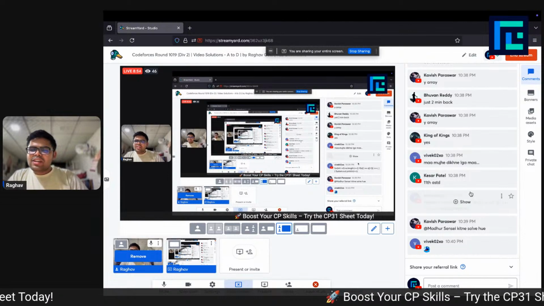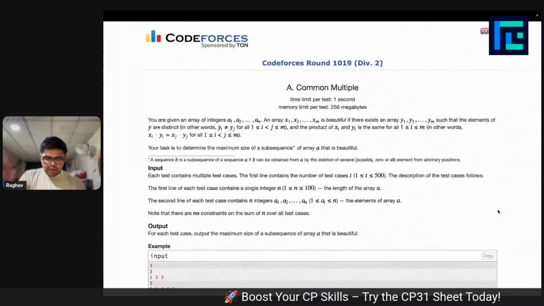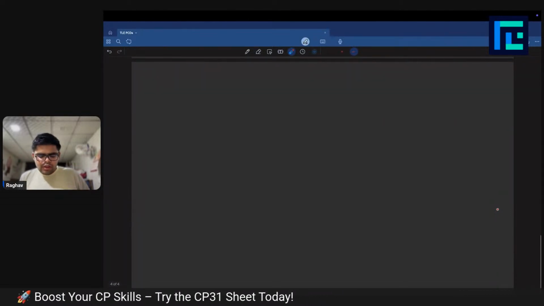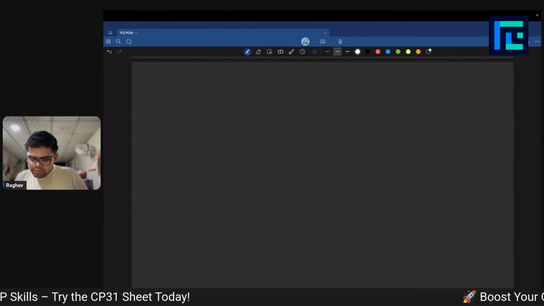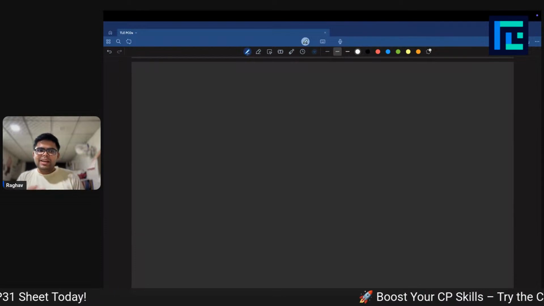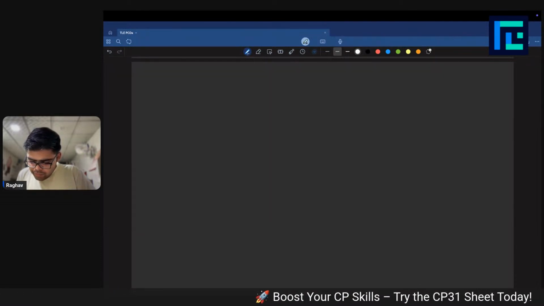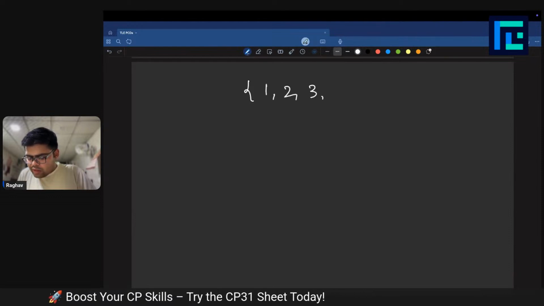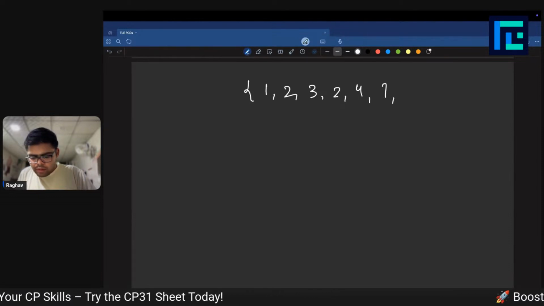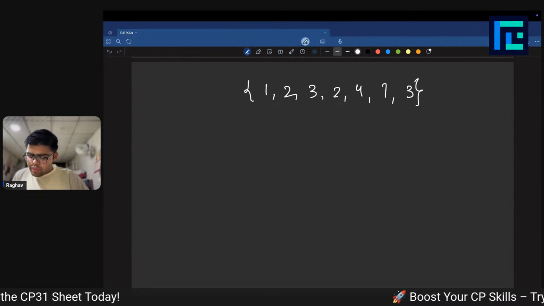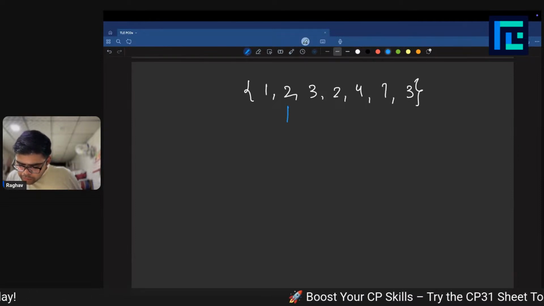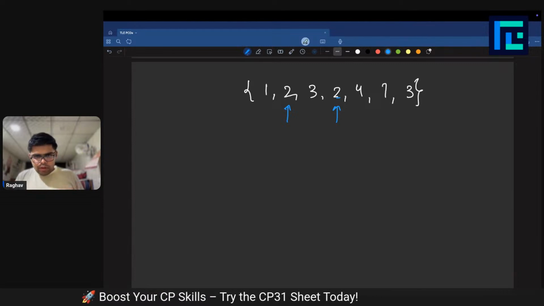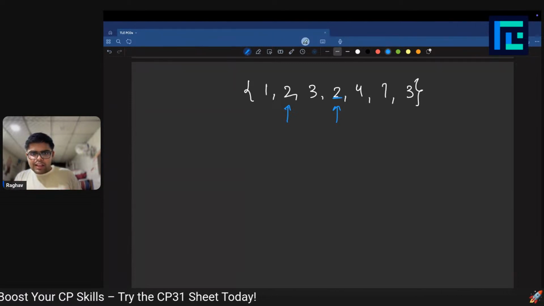Okay, I don't see anyone asking any doubts for the problem statement. So let's discuss the logic part for the first problem. The first observation that I made right after reading the problem was, whatever array you have, let's say 1, 2, 3, 2, 4, 7, 3, if you pick up this 2 and this 2 in the subsequence, then